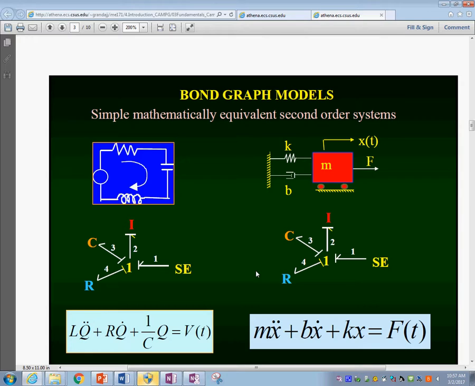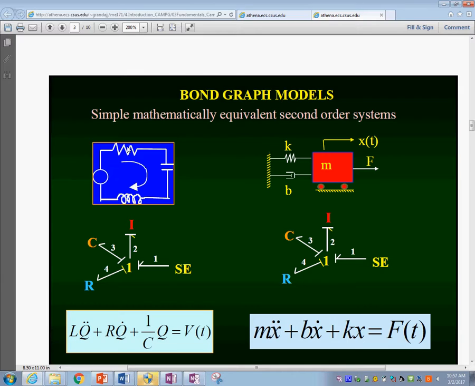Now, what CAMG does is it has the ability to help you enter these bond graph models into the computer. This bond graph model represents each one of the elements over here. Like this I element represents this inductor, the C element represents this capacitor, the R element represents the resistor. And the same way on the right hand side,